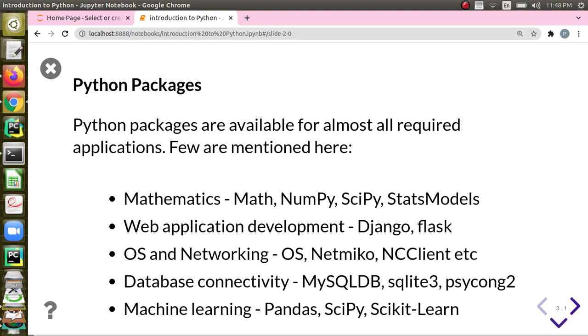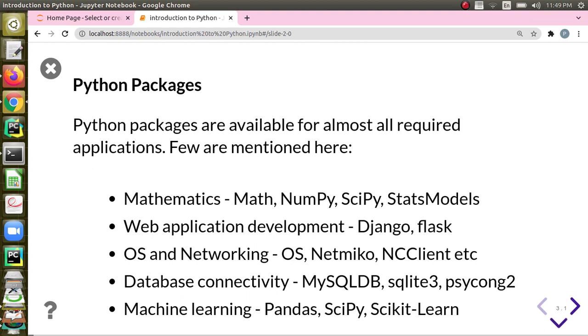Apart from that, there are NumPy, SciPy, statsmodels. These packages also help us to do matrix operations and linear algebra. All those things are already built in. So it's very easy to work with Python. If you consider web development, you have the Django framework as well as the Flask framework. And if you are a person who is interested in OS and networking, there are many packages like os, Netmiko, ncclient and so on.